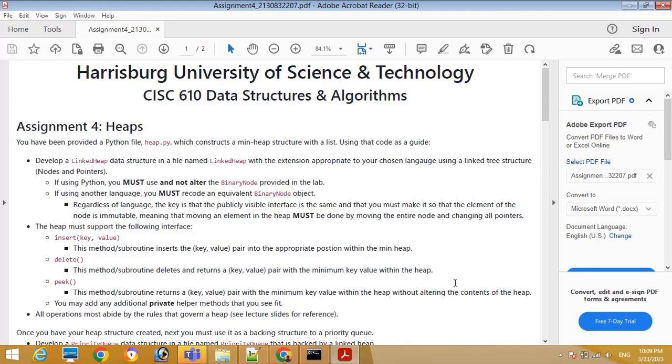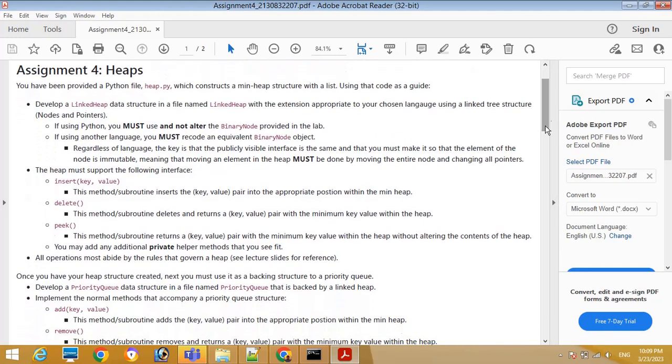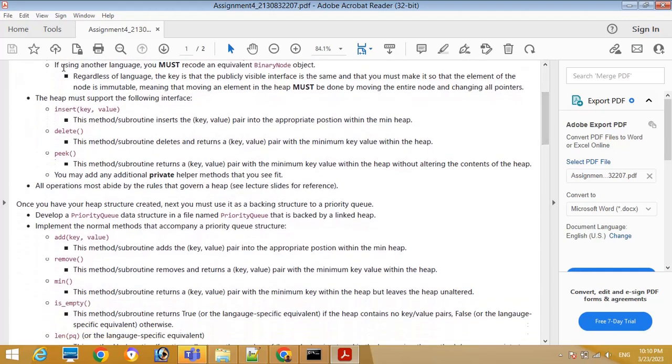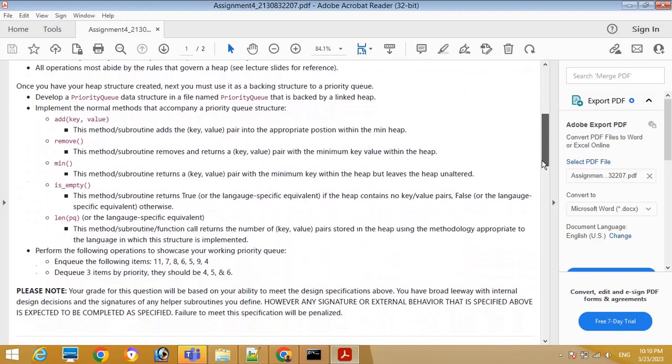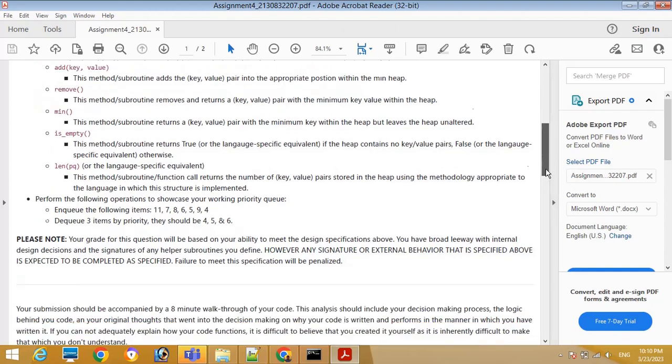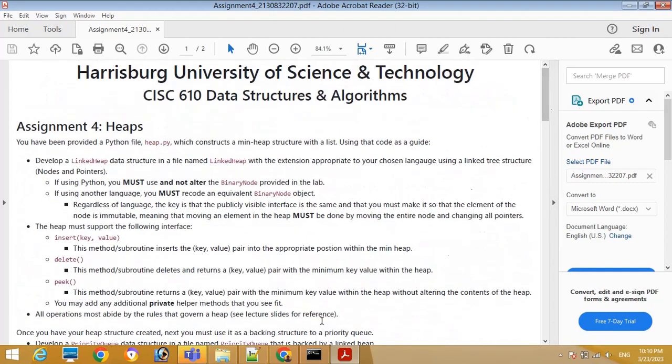In this, the heap must support the following interfaces, like those in heap.py: insert key comma value, delete, peek, and add key comma value, remove min, is empty, and length of the heap. And coming to the point,